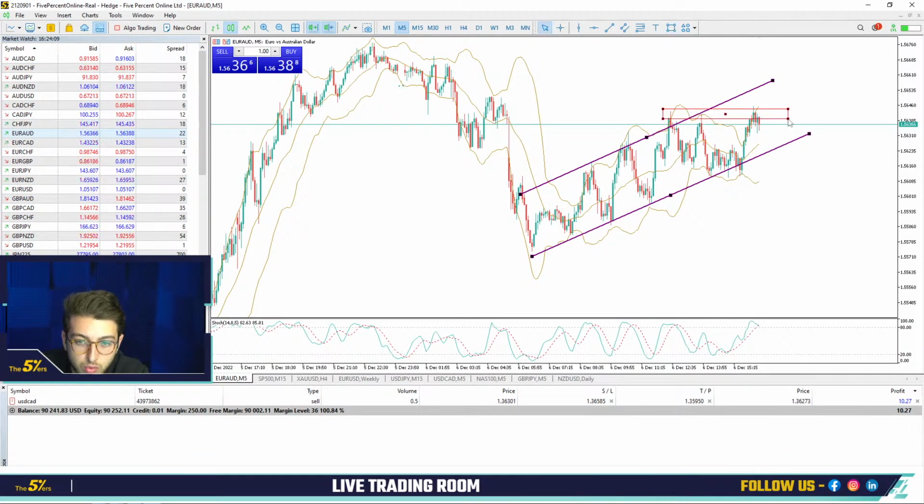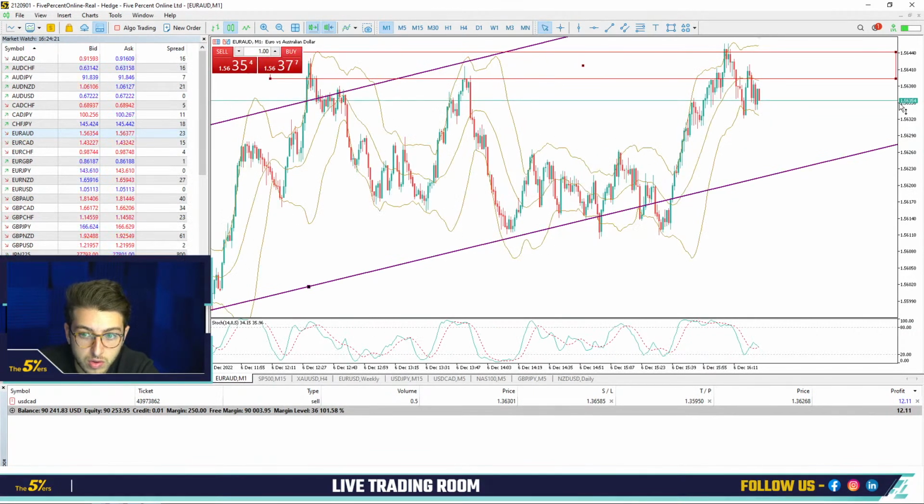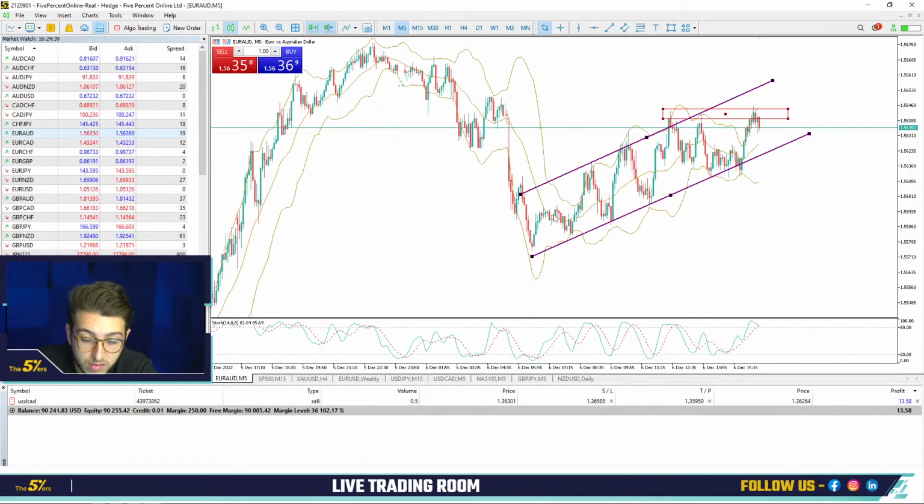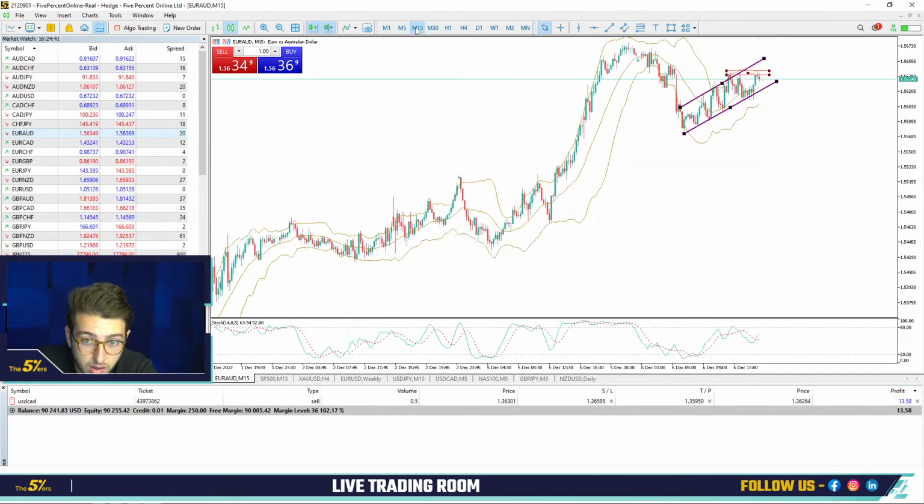And you see here that we have a top already that was created during the previous session. You see we have here on the M1 a top being created. We touch, we go down, and then again we touch, we go down. Stochastics above 80. So yeah, quite a good scalp point here to make a sell. Very, very interesting to look at. I'm not looking for making a buy here especially.